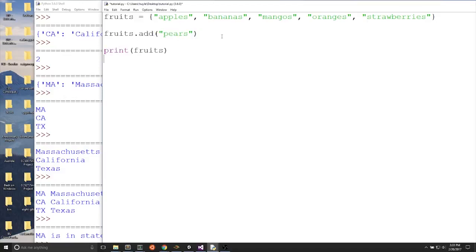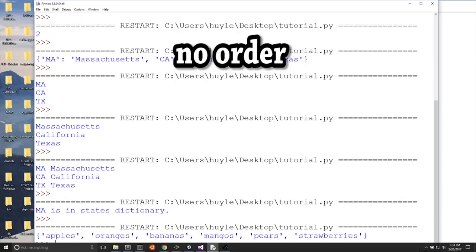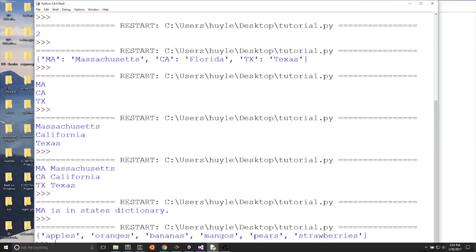When we run the program, you will notice that adding new values in a set does not put them in order. Sets are not about order. If you want to keep an ordered sequence, then use a list. We added pears, but pears appeared in the middle of the set. You can remove values from a set, but you can only remove that value from a set if it is already in the set. If the value you want to remove is not in the set, then you will get an